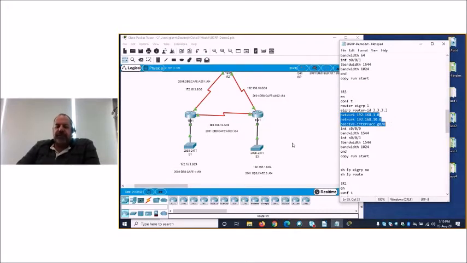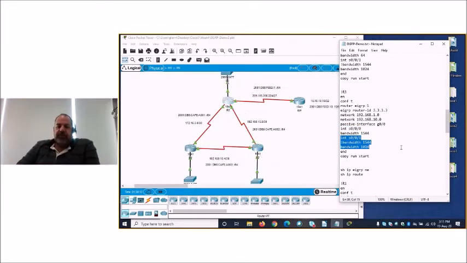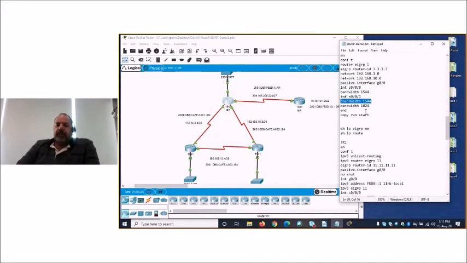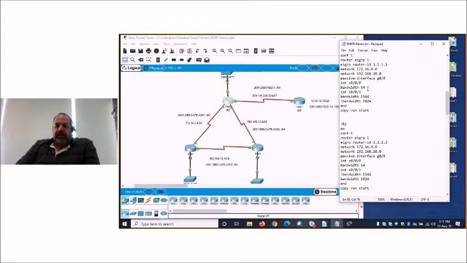Again, we're going to passive interface the gigabit because there's no other routers there. And so this corresponds to this link here. So we're setting it to 1544. And of course, this interface here covers this link, which we set to 1024. So I've commented out the 1544. So I'll apply these